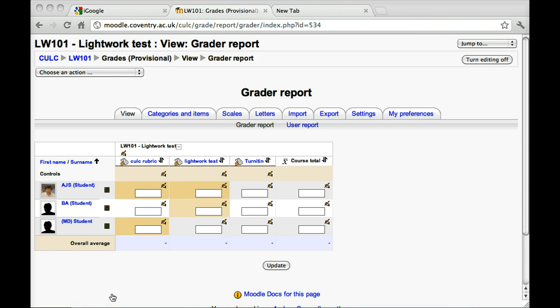I've already logged into the module, gone into the gradebook and turned editing on, and I want to mark the work for this student, AJS student, and their piece of work that they handed in, Turnitin. So I've seen it in Turnitin, got the originality report, and I want to give some feedback to the students. So click the little pencil icon next to the box that you're going to mark,